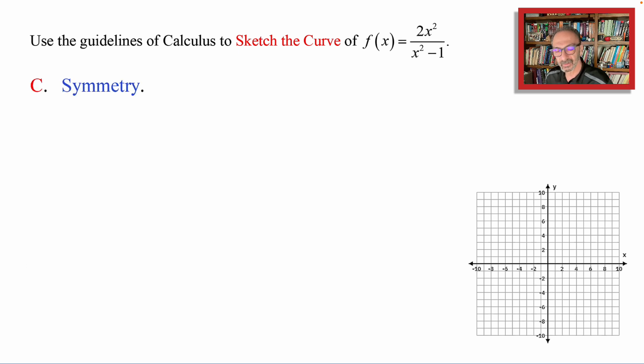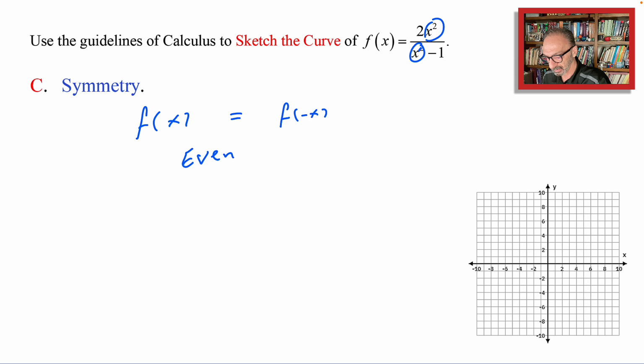Symmetry. Now, it's good to know all the components. As you can see, this is like a lecture video, not just solving the problem. For symmetry, we know that this is even and this is even. So f of x and f of minus x are both the same. Plug in 5 or plug in -5, it's going to give you the same answer, which means the function is even, which means also that the graph is symmetric